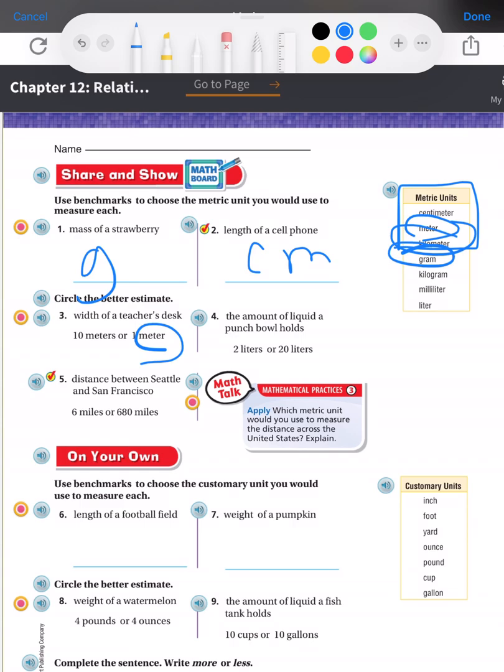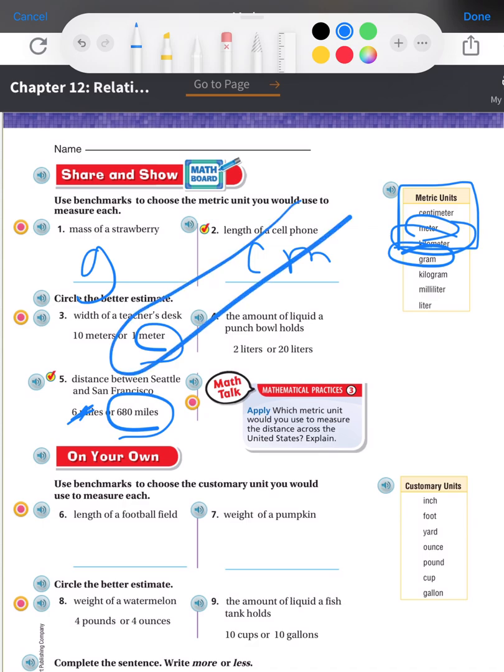How about the distance between Seattle and San Francisco? Wow. Seattle's in Washington State, and San Francisco's in California. So it's not going to be 6 miles. You might say 680 miles. You notice here we kind of switched to picking a customary unit of length. We've been working with